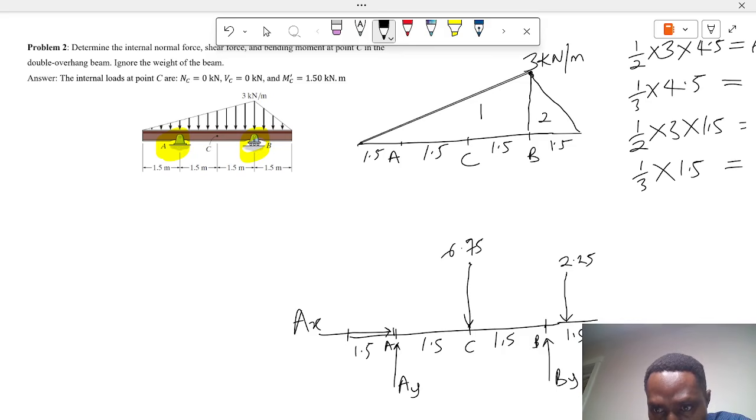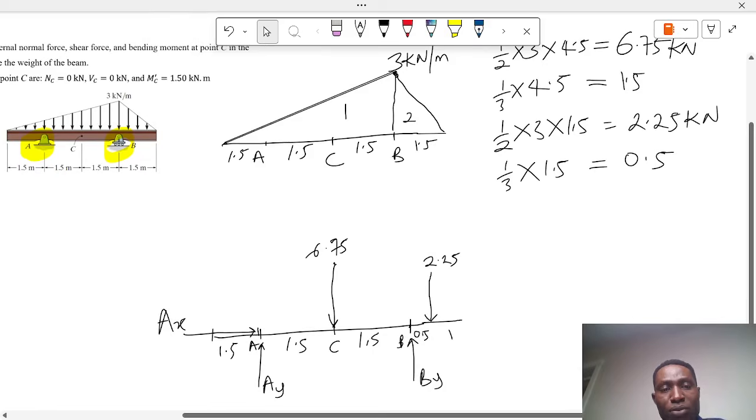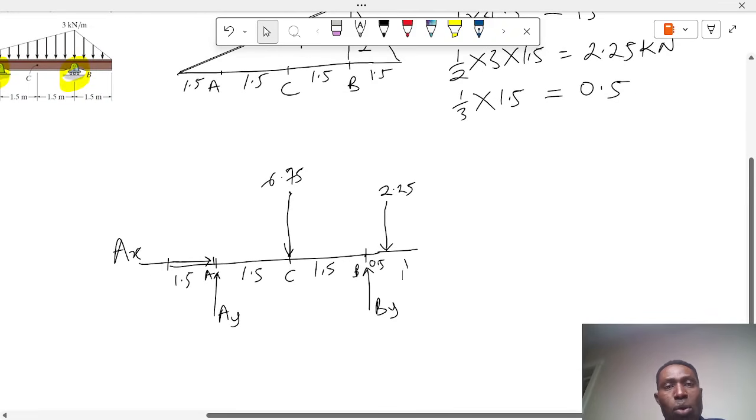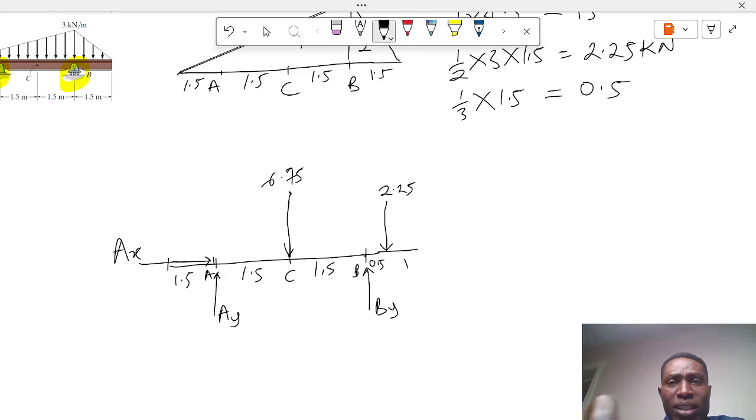from B. So let me erase this and write the distance, which is 0.5, while the distance here is 1. So we have succeeded in drawing the complete free body diagram. What we just need to do is to go ahead and solve for the reactions. In order to solve for the reaction, you find the